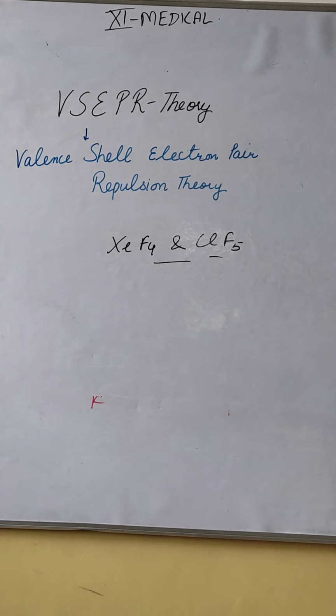So in this class, we have discussed VSEPR theory, valence shell electron pair repulsion theory, which is used to give the shapes of different molecules. It states that if the central atom is surrounded by different types of bond pairs or lone pairs, then they will fix to that position where repulsion is less and stability is more. Keeping that point in mind, we have made different shapes. We have done ClF3, ClF5. So do practice of all these shapes.